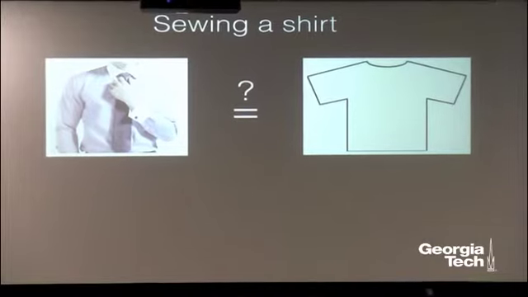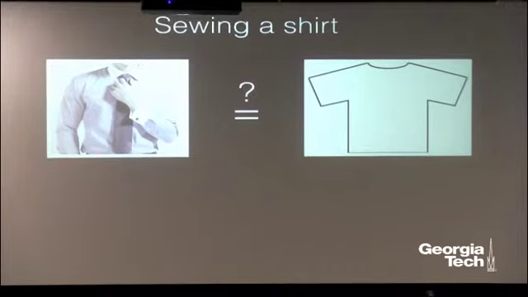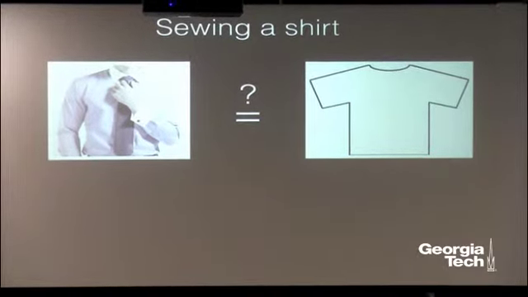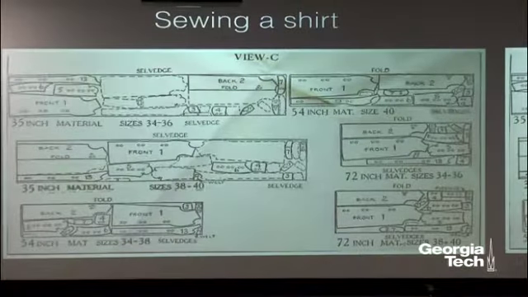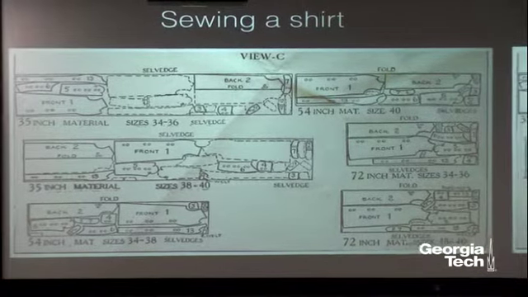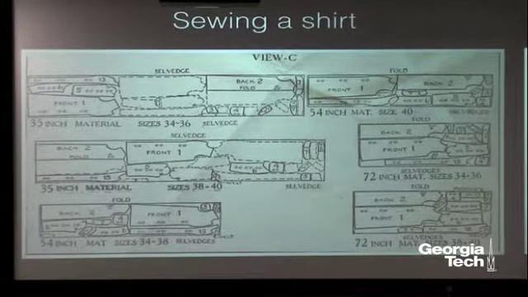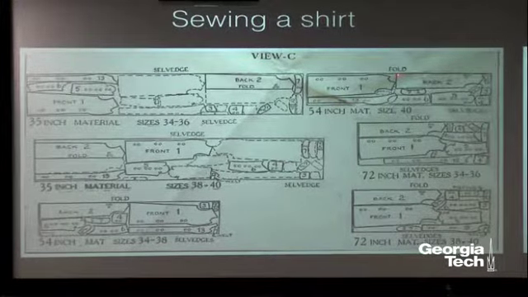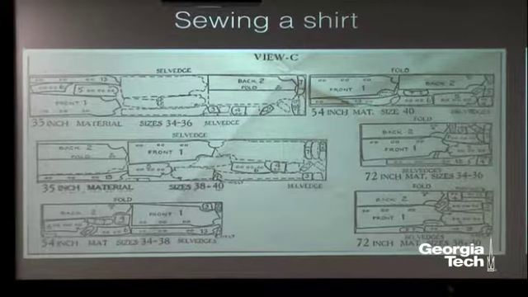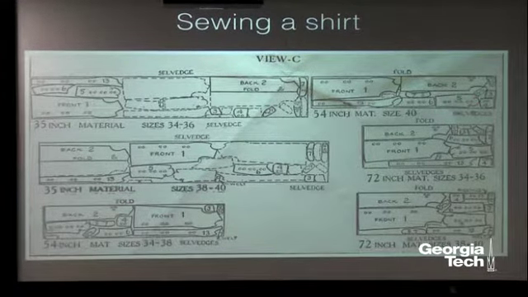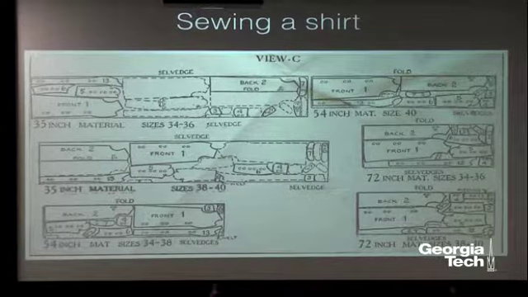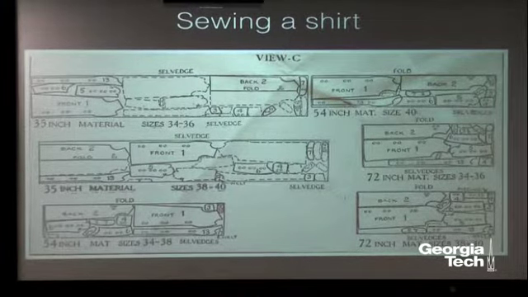You might think, okay, I've got a t-shirt. It's clearly just got two pieces of fabric cut out like this, and I sew them together, and I'm good to go. But if you actually look at the pattern that's used to make this dress shirt, you get this ridiculous, crazy thing. There's a fold, which gives you the only straight line in this entire piece. Everything else has all of these intricate little bits, folds, zigzags, curves. All of these shapes are there to take something that is flat and construct it into a curved surface.